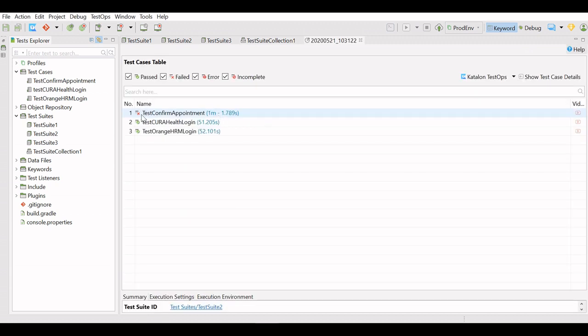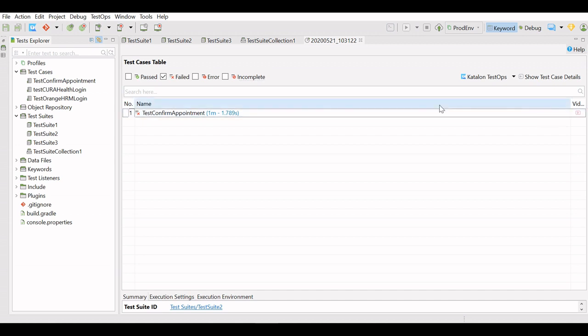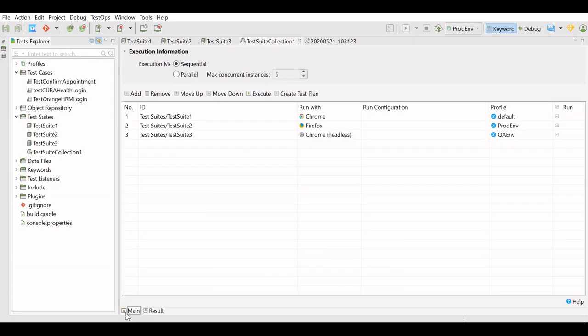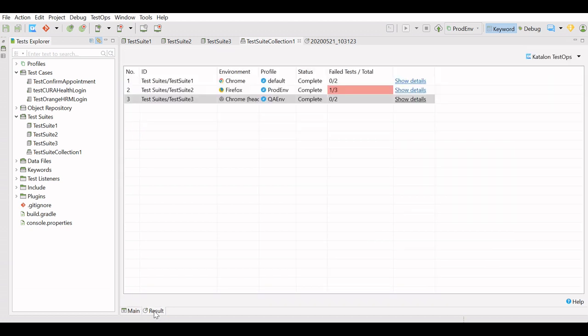You can find the failed test case over here. So you can uncheck these checkboxes and filter your failed test case here. You will find the video of your failed test case by clicking the video button. This was about how to create the test suite collection and run it. We have also seen the default reports generated after the execution of the test suite collection. Katalon also generates reports in different formats, which we will learn in detail in my other tutorial about reports.